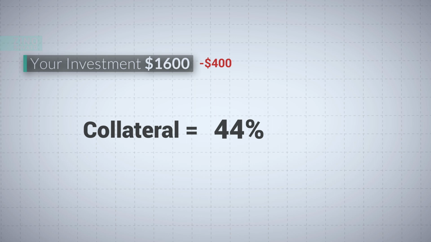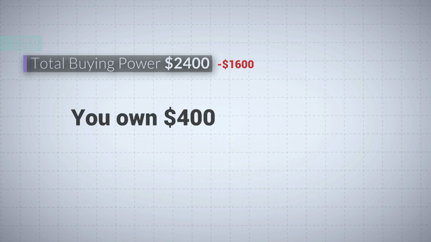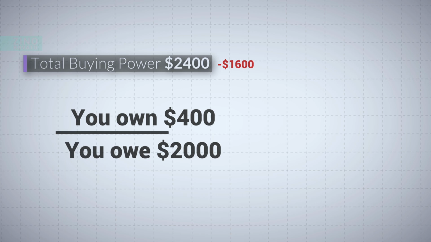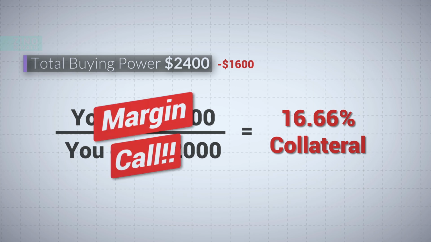But now let's say the market drops by 40%. That means the total value of investment drops by $1,600, bringing it to a total value of $2,400. Now, you only own $400 of this $2,400 and still owe $2,000. So when you divide 400 divided by 2,400, the collateral you have is 16.66%, which is below the 25% margin